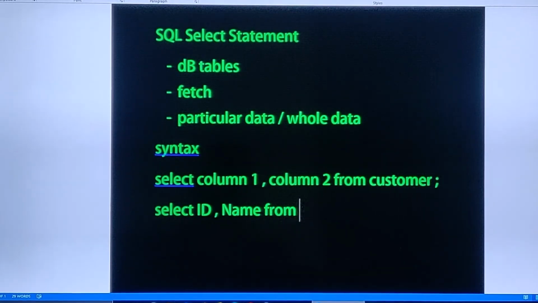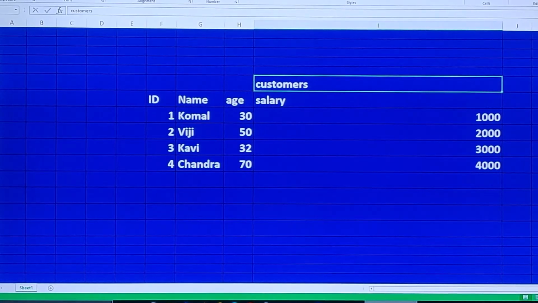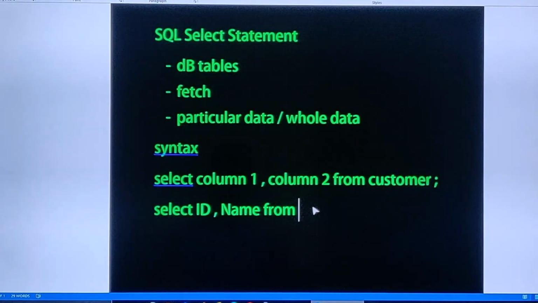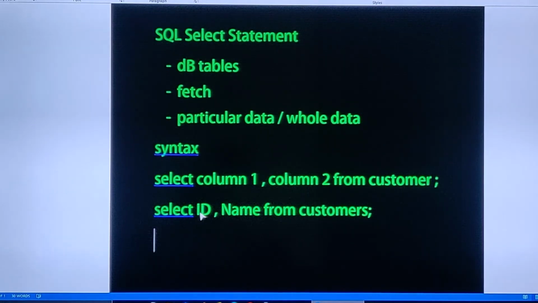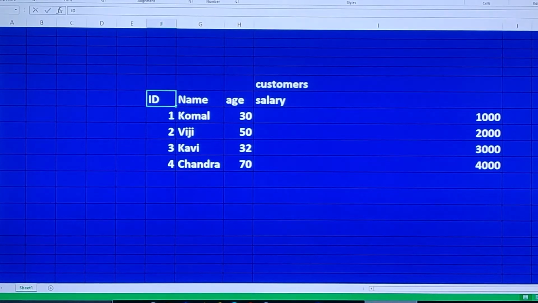The table name is customers. So we are going to mention customers. When you execute this statement in SQL, you will get the data of column 1, which is the ID column, and the second column you have requested, the name column.